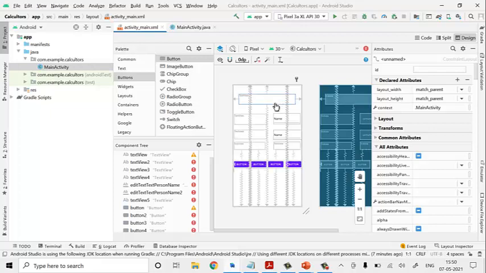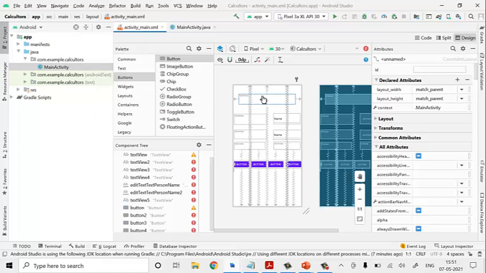Now what should we do? We have to display the text. How are we going to do it? Just think. How to display the text for the simple calculator here?